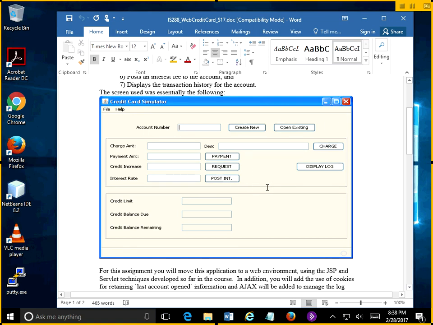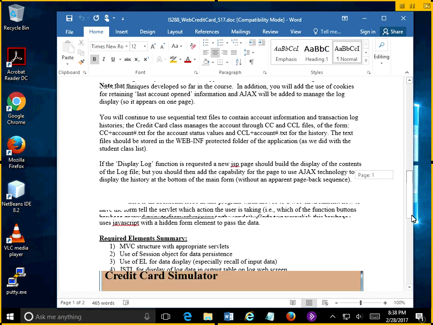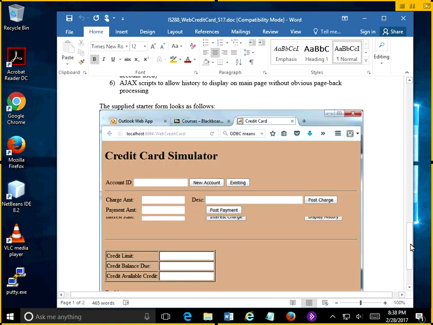And every time we make a transaction, we add to a log that's kept internally, and so display log is one of the options, and the bottom three entries simply display the current status of the account that's been opened, and the little log and status values are kept in text files, so we can open multiple accounts and then reopen them. So that's what's going on in general, and when we move it into the web world,